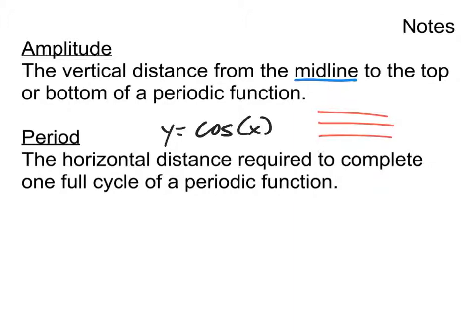And then period. We also used the idea of period, although in that case it was more just a default thing. Because the period is how long it takes to basically complete one full cycle. That means how long it takes to start repeating itself. How many degrees does it take for cosine to start repeating all of the exact same values? It's 360, because